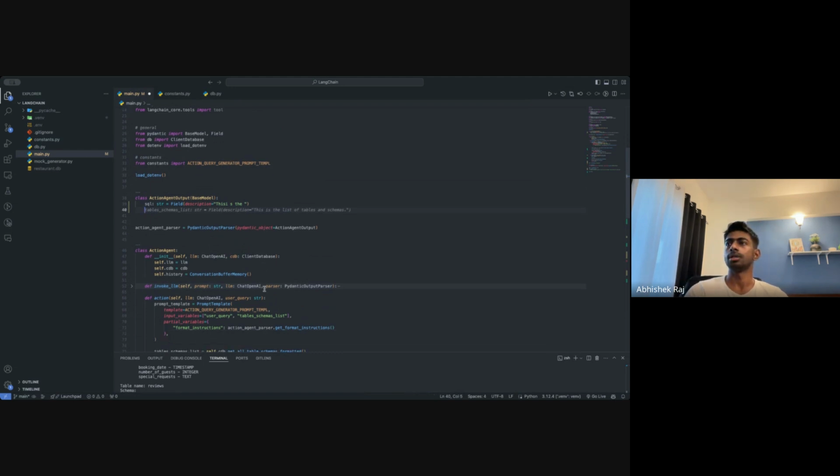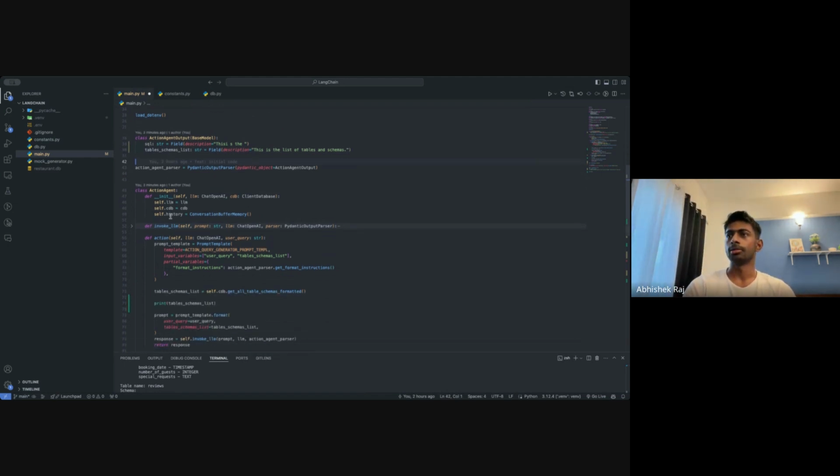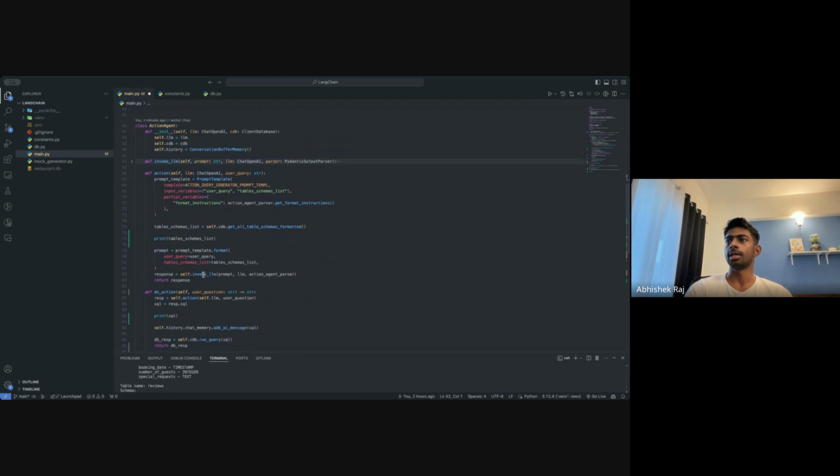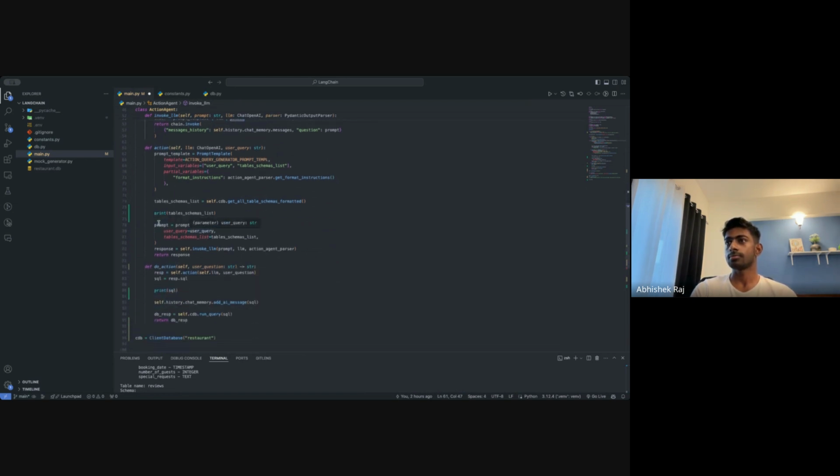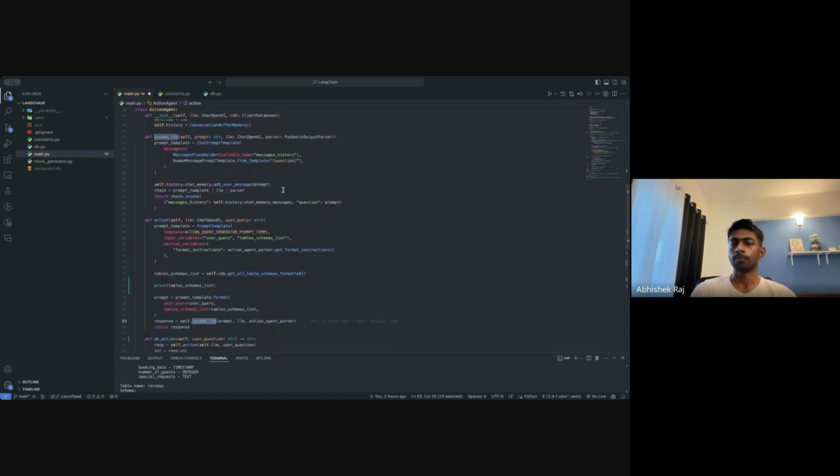Suppose you have passed some data to the LLM, and you are fetching all the keys from the LLM. So you can just take the response. Suppose you have called the LLM with the prompt given, and you want the response as SQL, not as a string. So you can use this Pydantic parser.